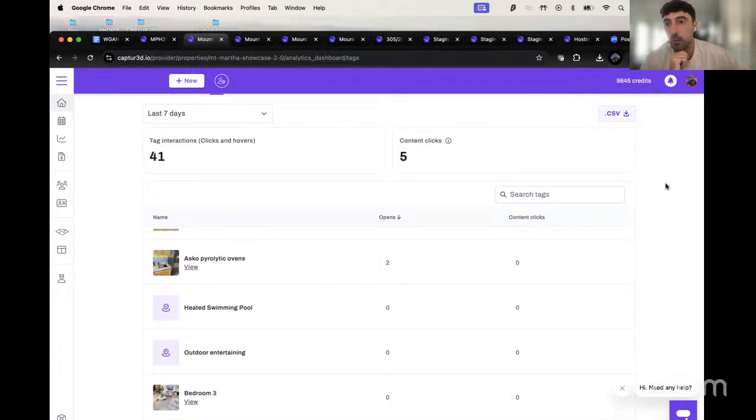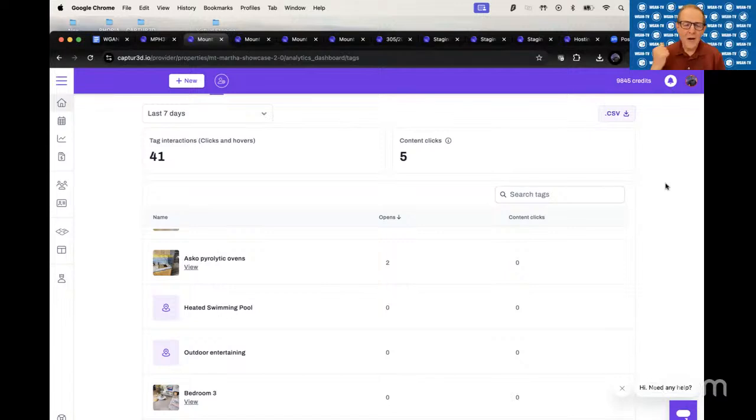Also experimenting with doing sort of A/B testing in a way. So if I put this icon on a tag, will it get more views than this tag that doesn't have that particular icon? So being able to compare and contrast and get really granular about how and where these views are occurring. It just gives more specific insights into the tours. Who's interacting with what within the tour is pretty important.